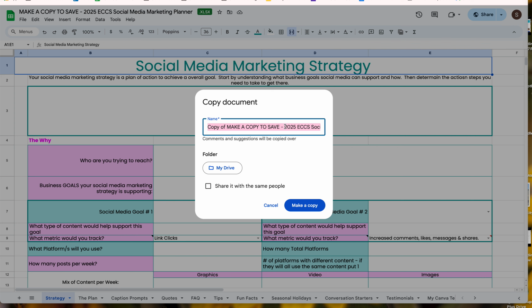So you can name it anything you want. You could just get rid of this and leave it as the 2025 Effortless Content Creation System Social Media Marketing Planning Worksheet, or whatever makes sense. I am going to name it this so that I don't have too many of these just randomly in my drive, but you get the idea. Save it with something that you understand and can find again, because we will be coming back to this. All right, we're going to hit make a copy,